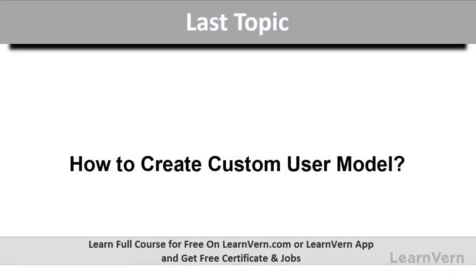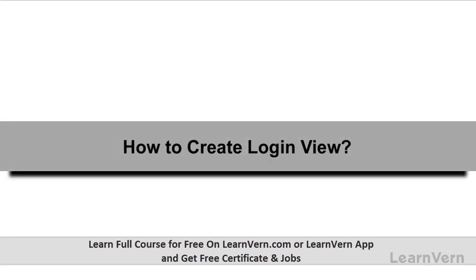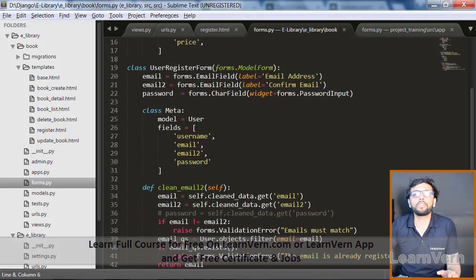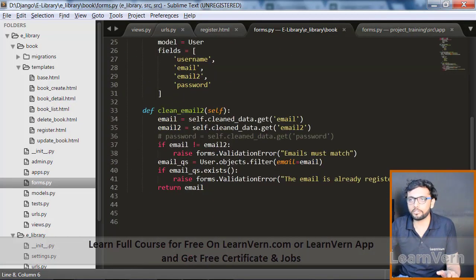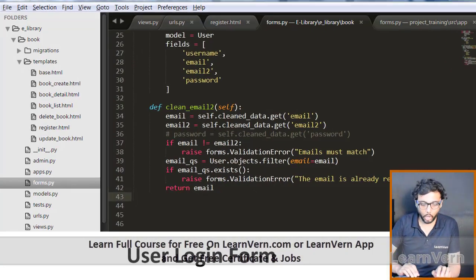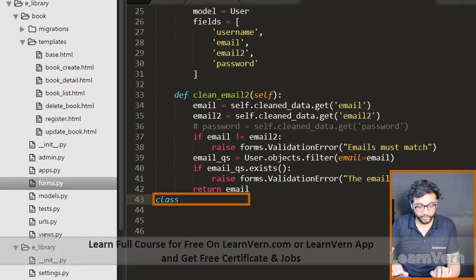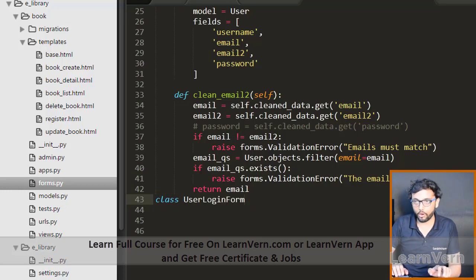In the previous lecture, we have seen Django's admin user model. Now, in this lecture, we'll see how to create login view. So, we have seen user register form. Now, we'll see user login form. So, we need to define class UserLoginForm, and here this is a little bit